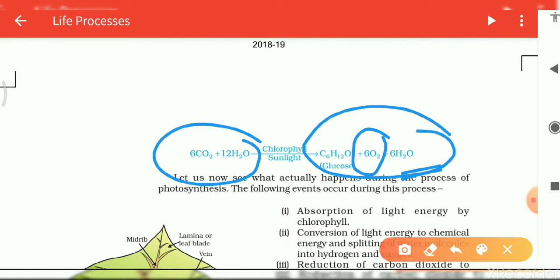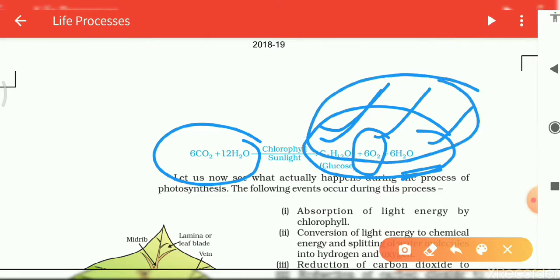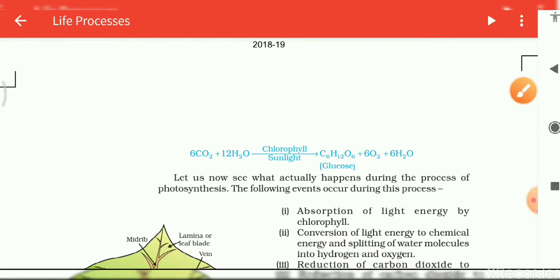In the exam, a question will ask you to write down the byproducts of photosynthesis. Byproducts means what comes out when the carbon dioxide and water combine together. Okay, then it will give rise to glucose, oxygen, and water. That is your byproducts. Then you will write here the answer: glucose, oxygen, and water. That is it. This reaction is very important from the point of view of the exam. Okay, let's proceed to another.